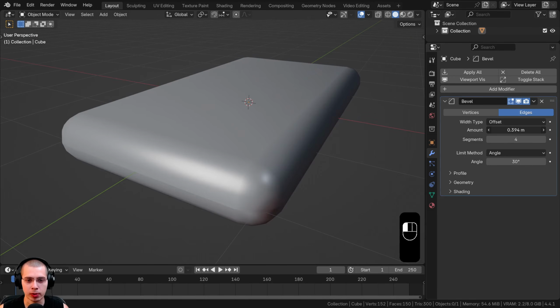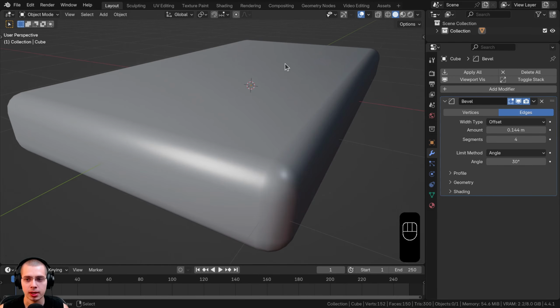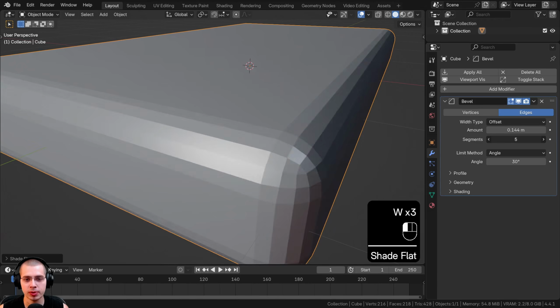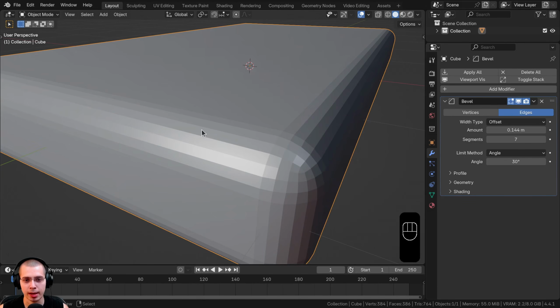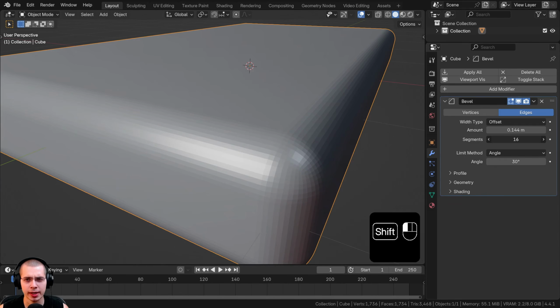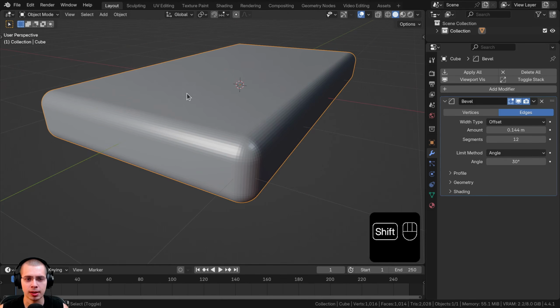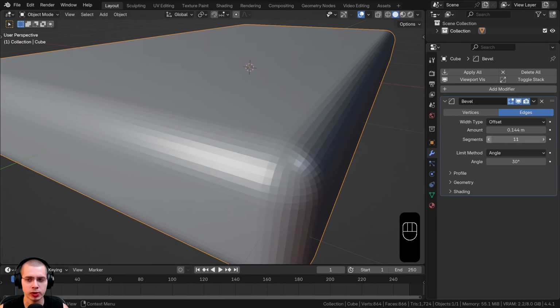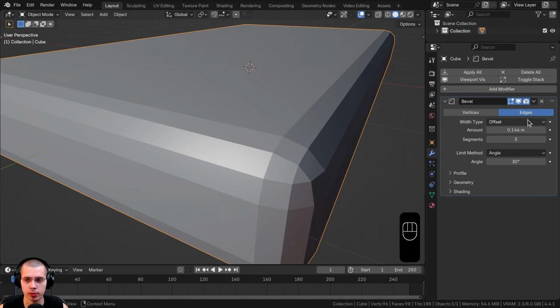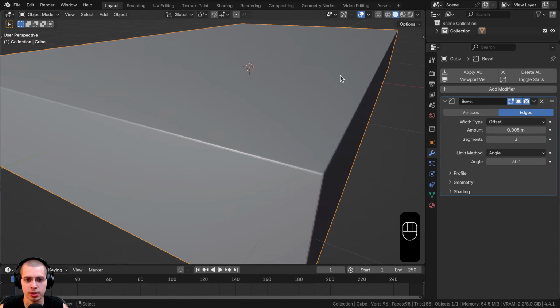Now if I drag this amount up just to show you what this is doing, let's shade the object flat again. You can see this is what the segments is doing. When you add more segments, it's going to add more of those faces on the edge. So you definitely don't want to turn it up too high because it will get too laggy and the object is going to be way too high in geometry. But usually for most things, I just turn it to like a 3, turn the amount way down,